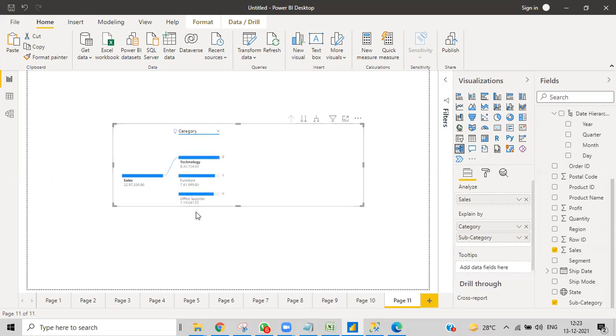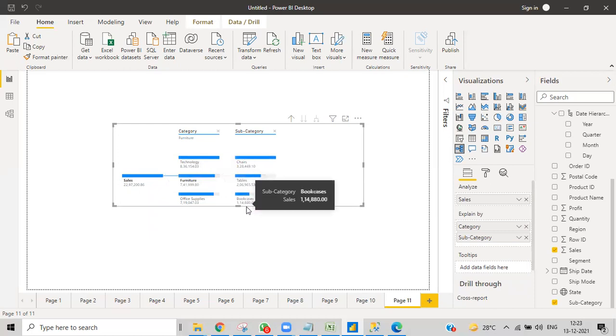So for category, I do have 3 categories, and in technology, what subcategories do I have? So phones, you can see these subcategories. Based upon that, if you need to go with this one. This one has 3 subcategories, and office supplies, and I do have these categories. And that's sales. If you want to show them in this manner, obviously we can show it in this manner. That's not an issue.